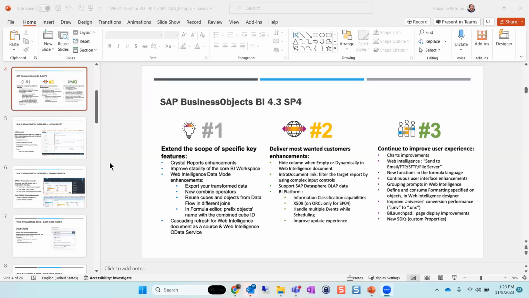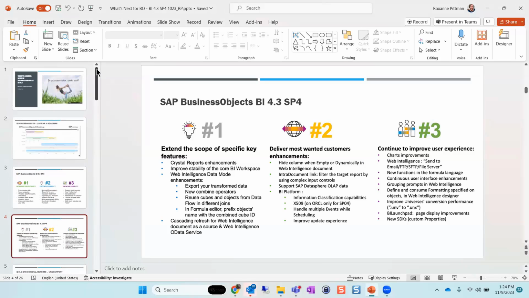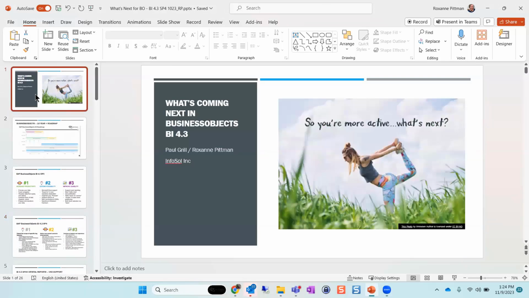And so what they do is they say, okay, we'll do a cutoff here, and the first version of BI 4.3 will have this functionality, and then we'll move the other functionality we were planning to put in there. That will be in Service Pack 2, and this other one will be in Service Pack 3 and Service Pack 4. And then it gets even more complicated, because if you look at Service Pack 3, for example, you had